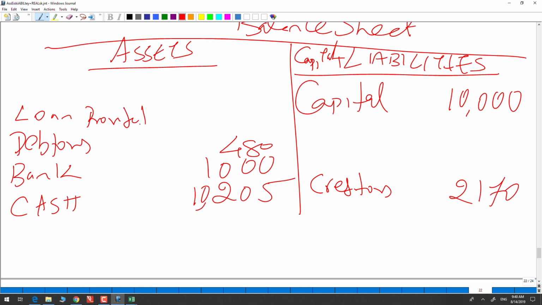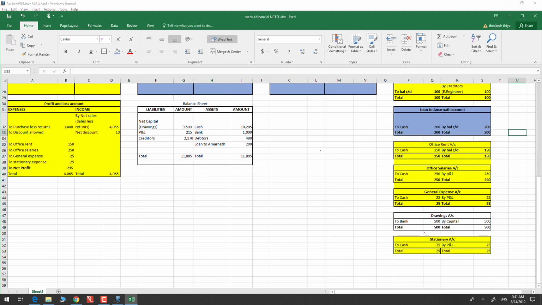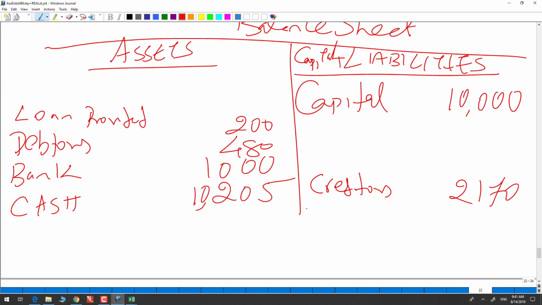loan provided $200. Then what happens in this particular case? If I move back out here, loan is over, then drawings. Drawings means what happens? Drawings means reduction in the capital, that is what I have basically explained. Drawings is nothing but reduction in the capital,